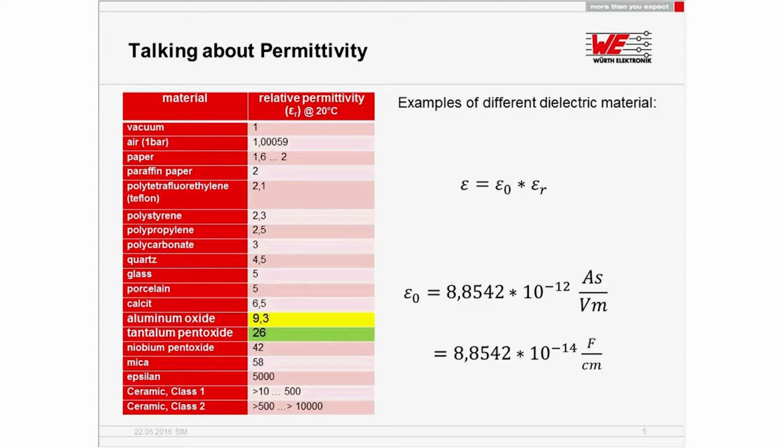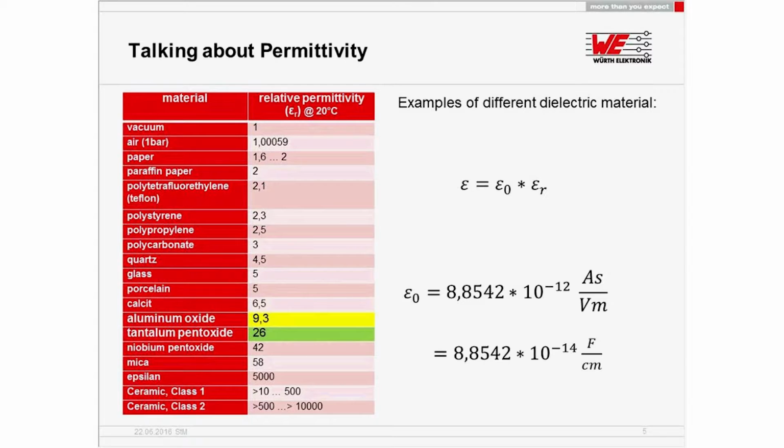And as you can see, if you differentiate the materials, they have way different permittivities. So you see, for example, the yellow marked one, the aluminum oxide or the tantalum pentoxide. These ones are very well established ones. The aluminum oxide, so every time if you do an E-cap, you use the oxide material as dielectric. So in this case,